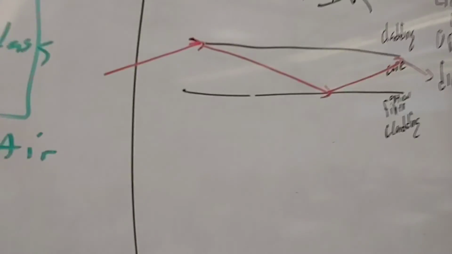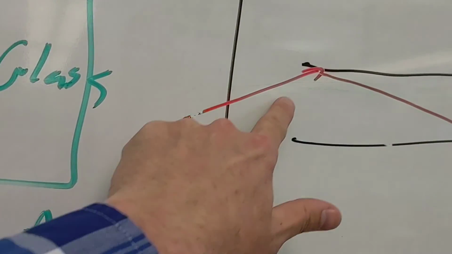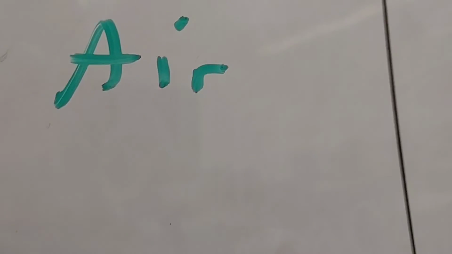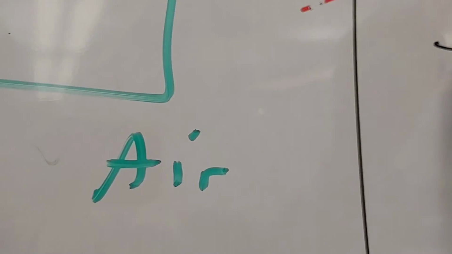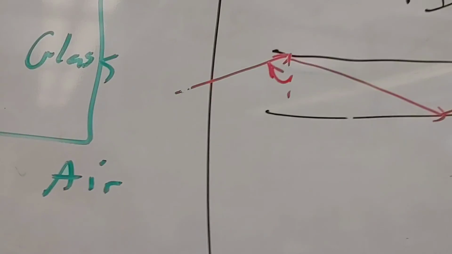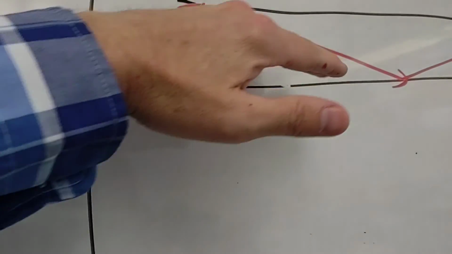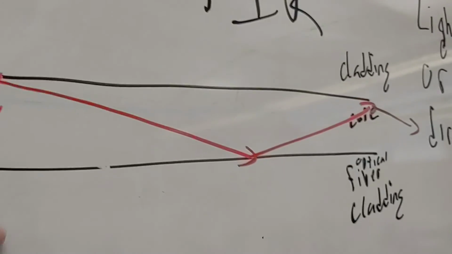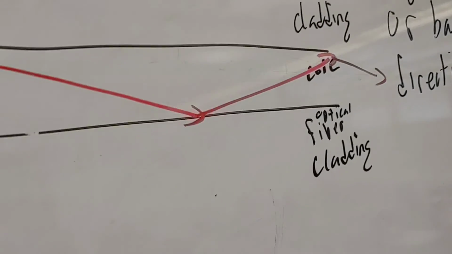So what happens is you've got light coming in here. It goes in at an angle of around 80 some degrees with respect to the normal there. So it's a really big angle. And this is one type of glass. It's called the core. And the outside of it, you've got glass called the cladding.